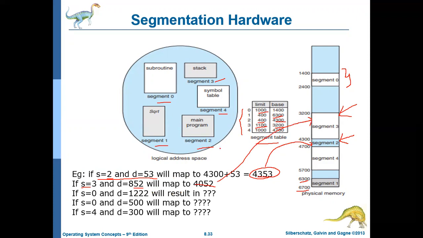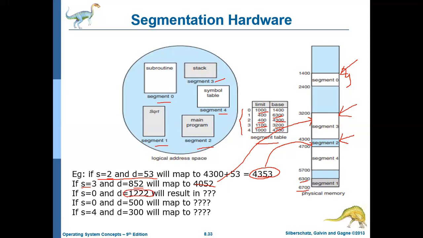Next, S is equal to 0 and D is equal to 1222. S equal to 0 represents the base address 1400. D is 1222, but what is the limit? 1000. So 1222 is not less than 1000; it is greater than 1000.